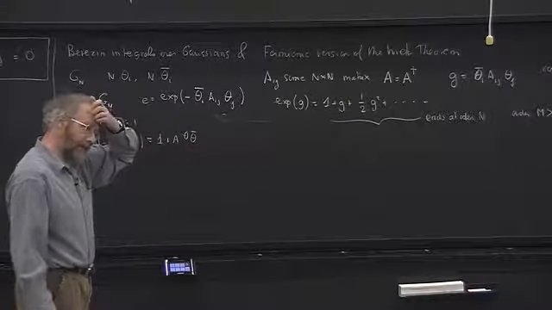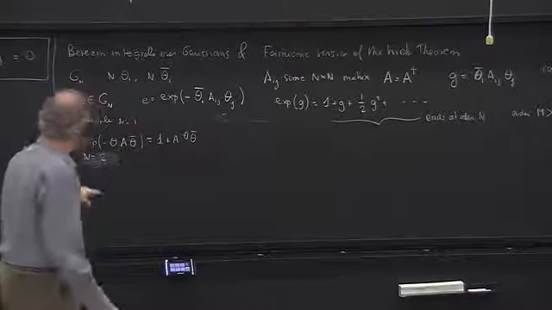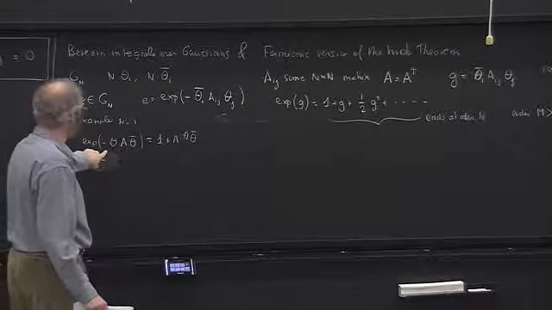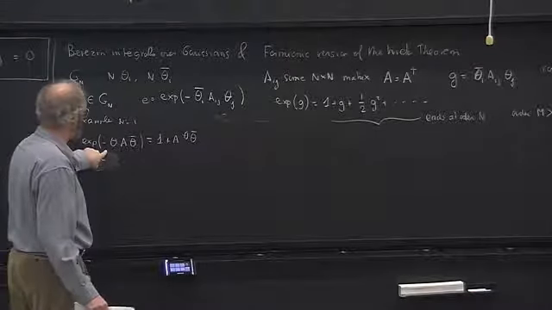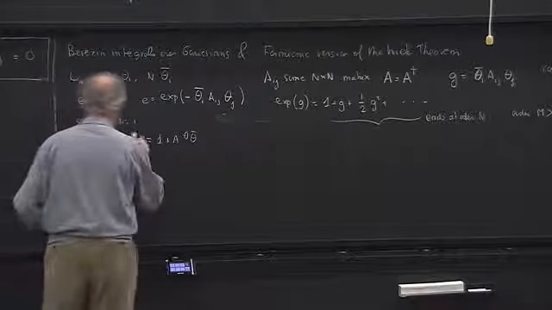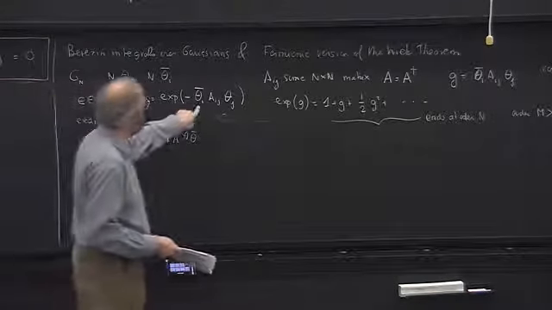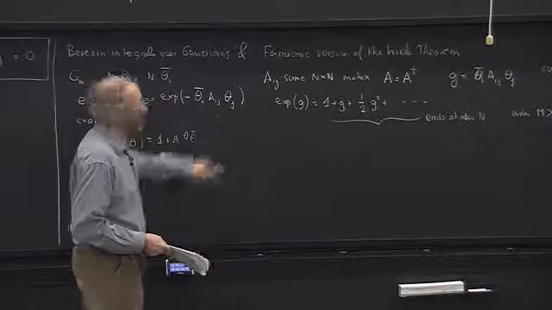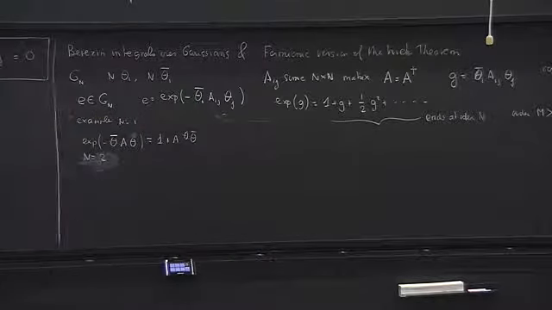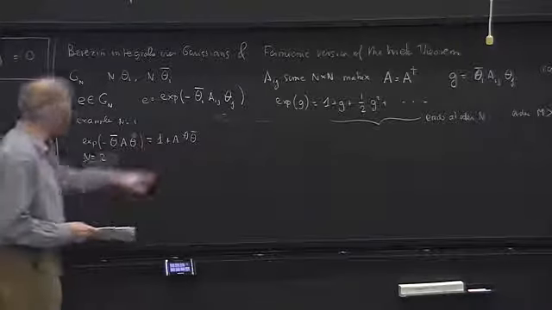Yes. Take the case of n equals 1. Instead of being 1 plus a, shouldn't it be 1 minus a theta theta bar? Oh, I'm sorry, that's because I had the theta bar. Thank you, that was a mistake. That's because my convention has the theta bars to the right of the thetas. Okay. So for n equal 2, I get this.